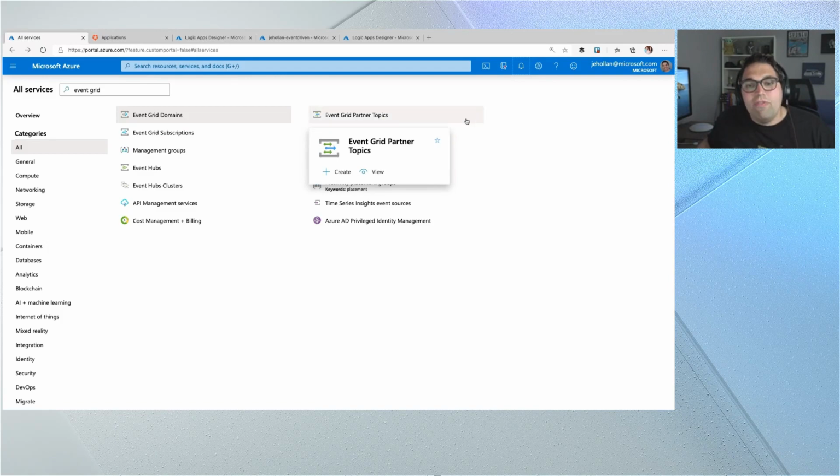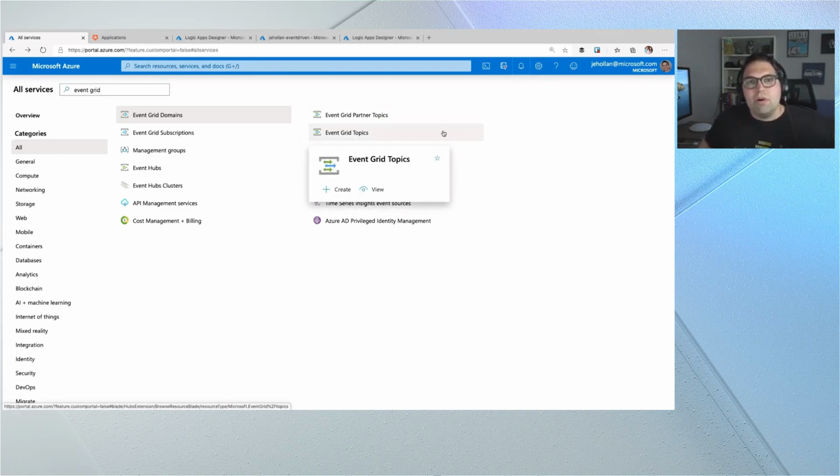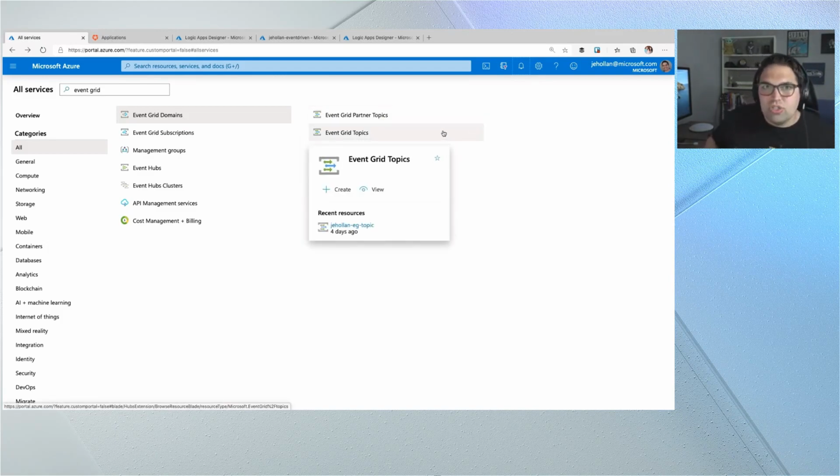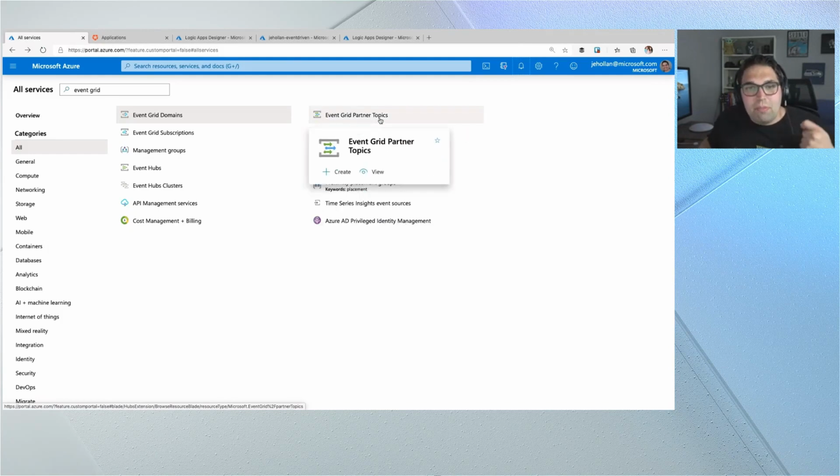Now, Event Grid is great because it integrates with a number of event sources like Azure Resource Groups or Azure Storage or Azure IoT to instantly be able to relay those events for me. I could also publish my own custom application events to Event Grid. But I want to also showcase something brand new that we've just announced this week called Event Grid Partner Topics. This enables any partner to start publishing their events that can now be relayed to my applications in Azure all through Event Grid. So in this case, my application for my startup is using Auth0.